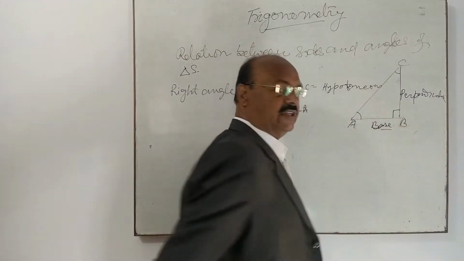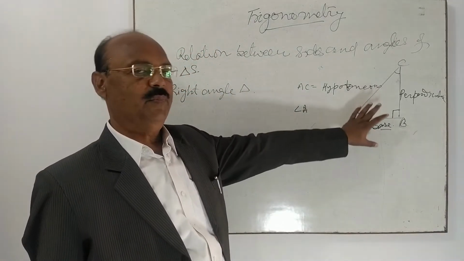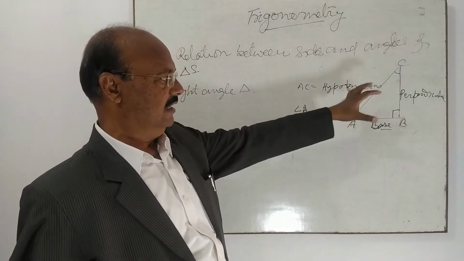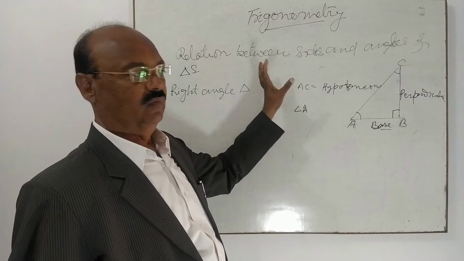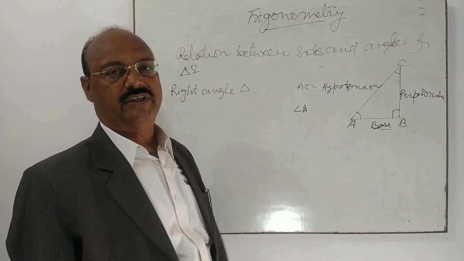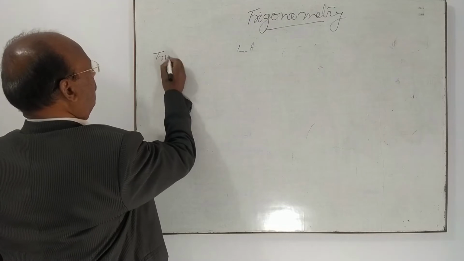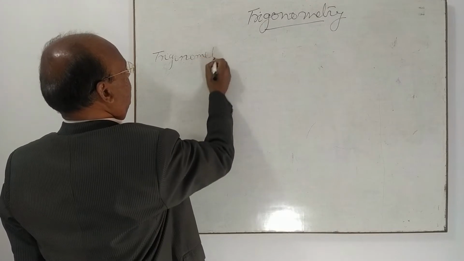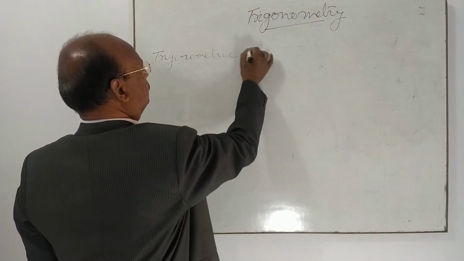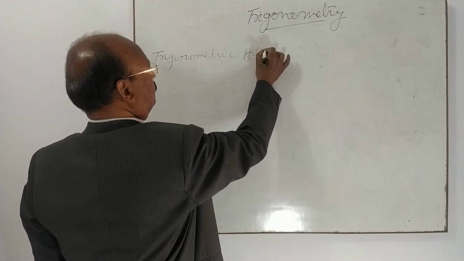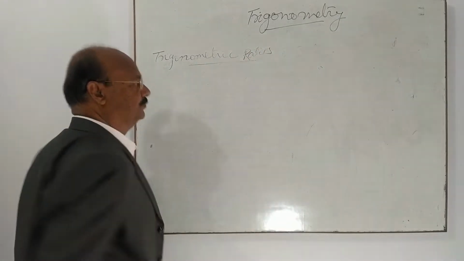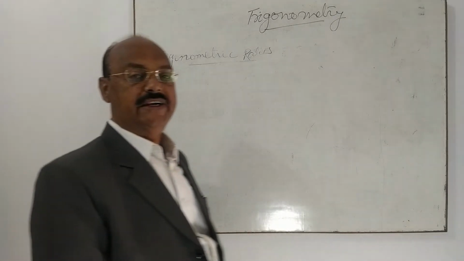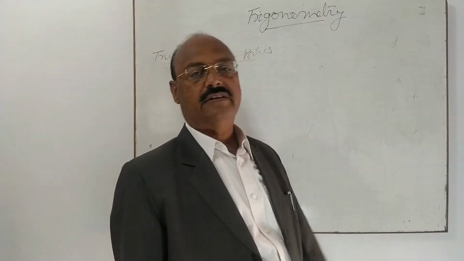So I think you understood it very well. This concept is very simple and now clear to you. It is important to know about this right angle triangle before starting the first topic of trigonometry. We discuss now trigonometric ratios. This is nothing but the ratio of two sides of a right angle triangle.